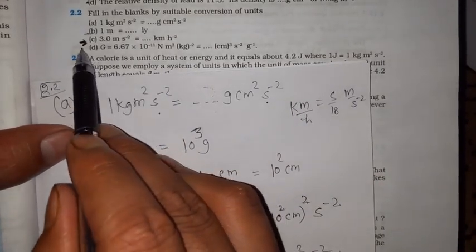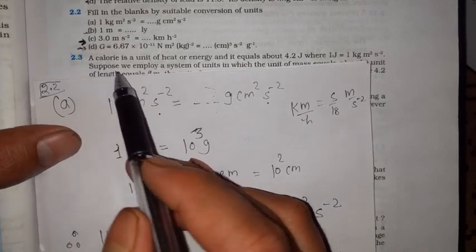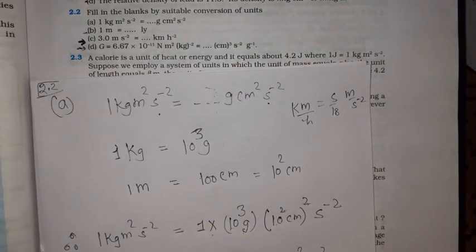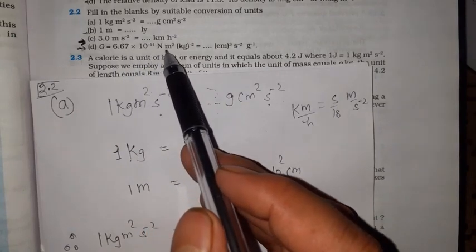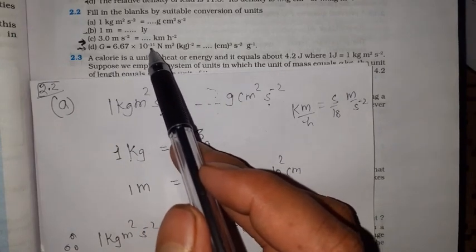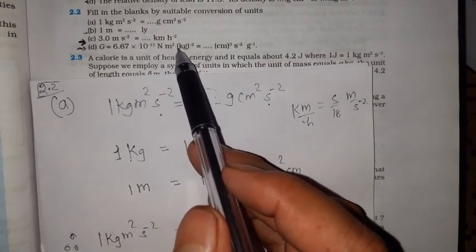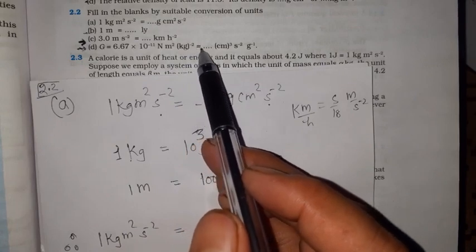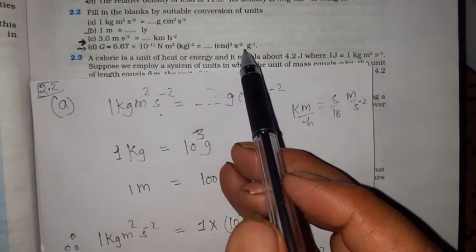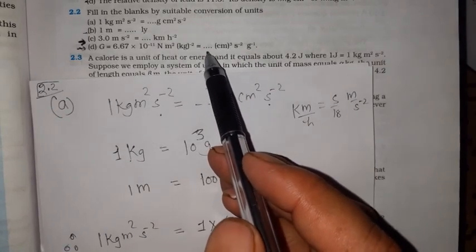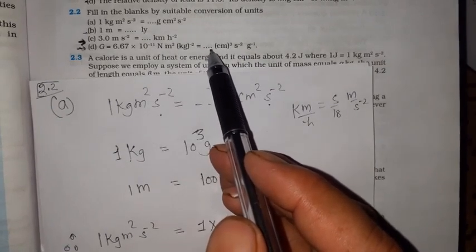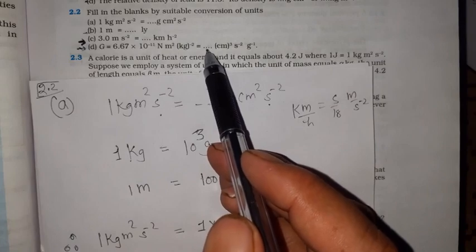Okay, next, that D part is for your homework, so you can take the screenshot of this question. C and D is in your homework. So see, D part is there, gravitational constant value is given to us 6.67 into 10 power minus 11 Newton meter square per kilogram ka square, and you have to convert it into that of CGS system. Okay, so what will be the value over here of this blank space?